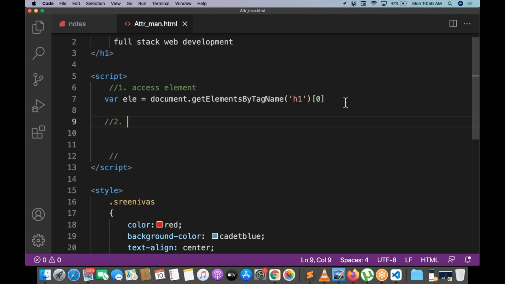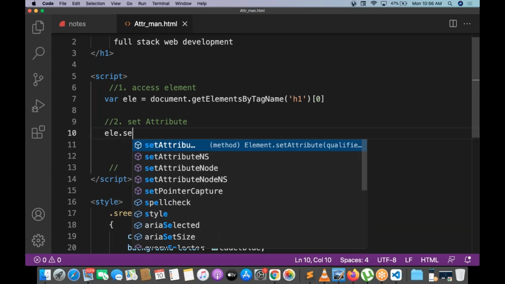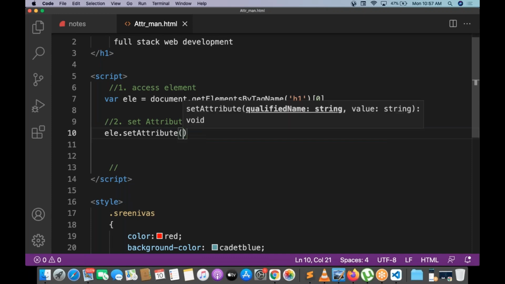Okay, now the second point is set attribute. Dynamically we are setting the attribute. How to set attribute? ele dot set attribute. For this set attribute method, we have to write two parameters.